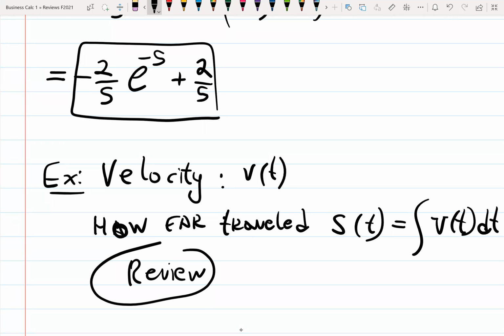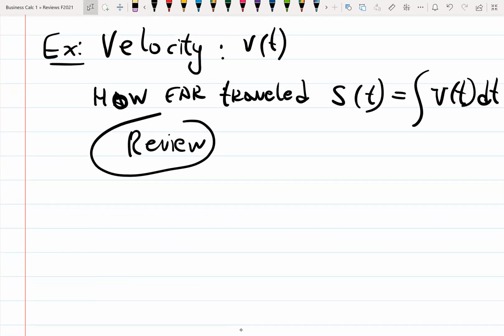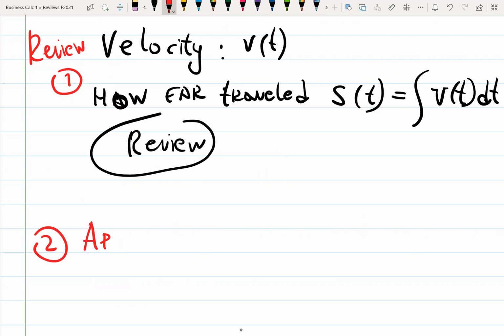Area under the graph is the integral. So we found the average of e to the x, but just area under the graph. So let's do this review. Remember, from velocity to distance, how far traveled, integrate. Review area under the graph, either using those stupid rectangles,